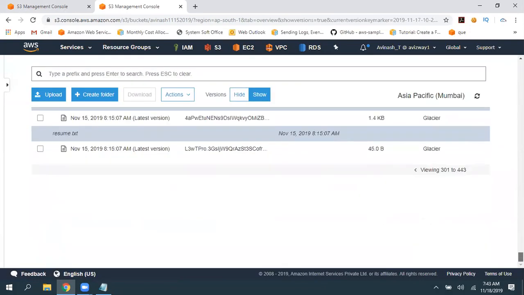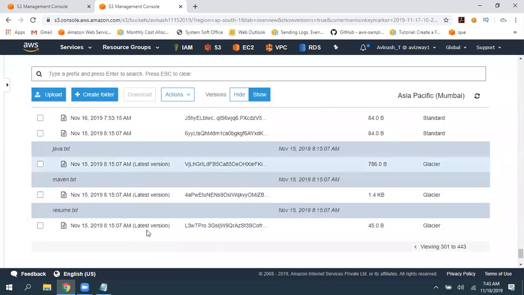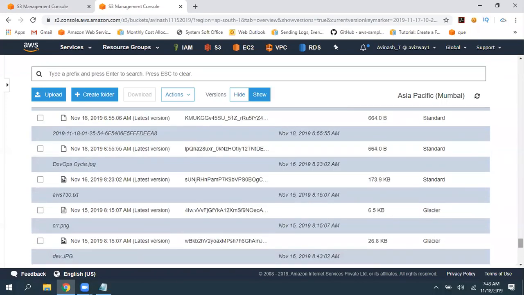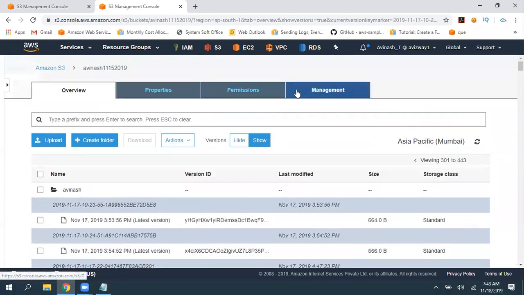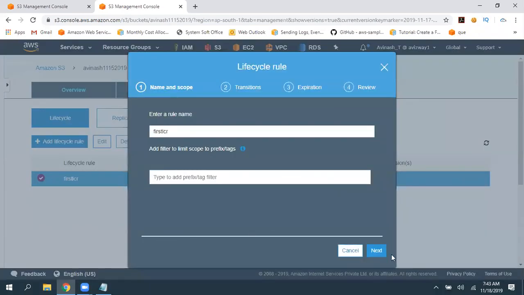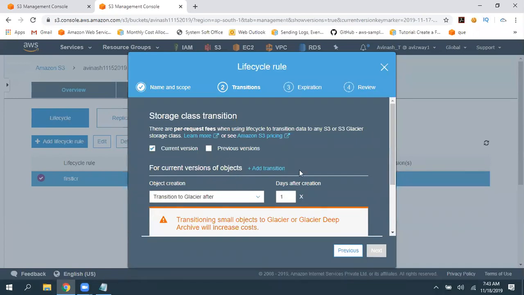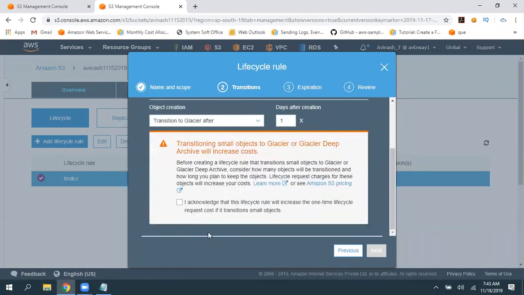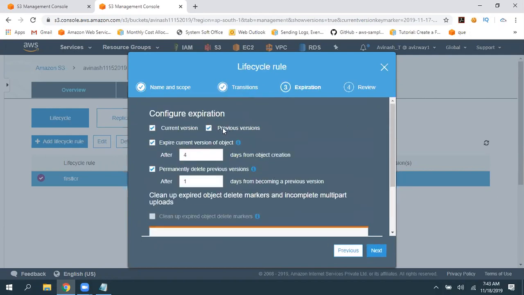But now, if you observe, there are no previous versions, only the latest versions, because on our S3 bucket we applied a lifecycle management rule where, for previous versions of the object, I am not moving any transitions and am directly expiring them. So the immediate next day, all previous versions are going to be deleted.